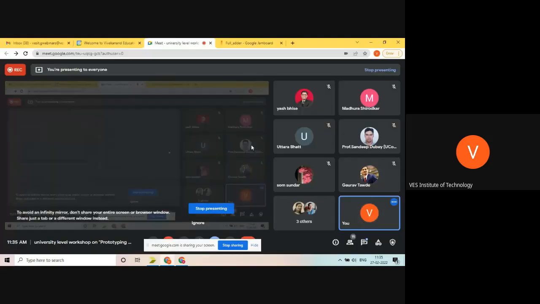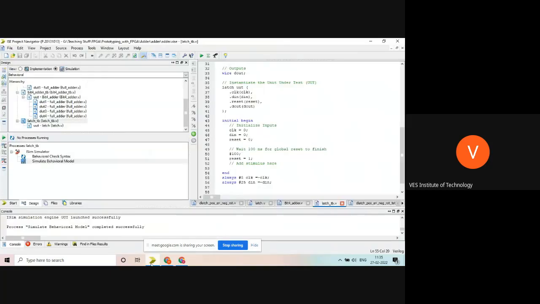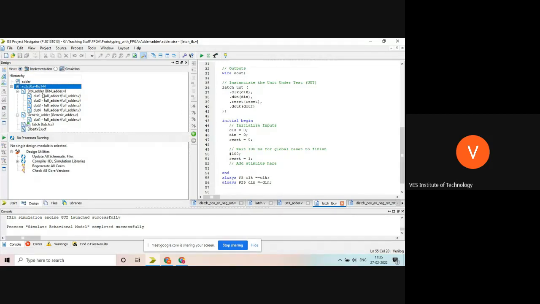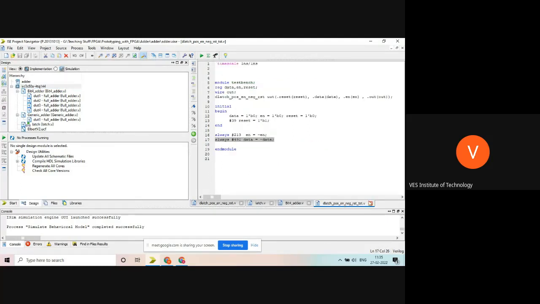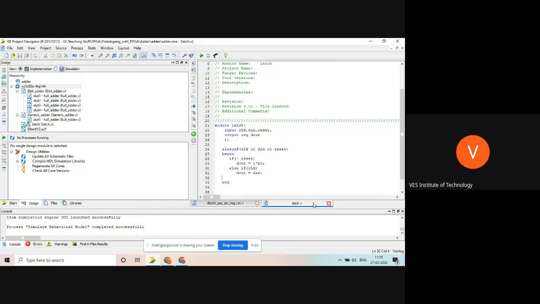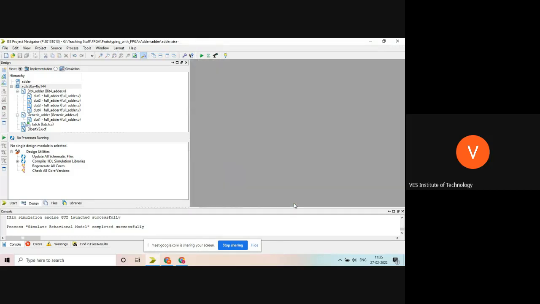So is there any question related to latch? If you have any question, please tell me. I will answer that question. Otherwise, we'll start with the flip-flop. Flip-flop is similar. There is no very big change. A small change I have to do and it will convert to the flip-flop. The same code we can write. Okay, I hope there will not be any question. So I will start with the flip-flop. If you have any question, please ask.